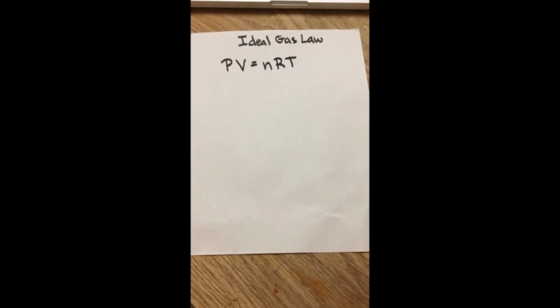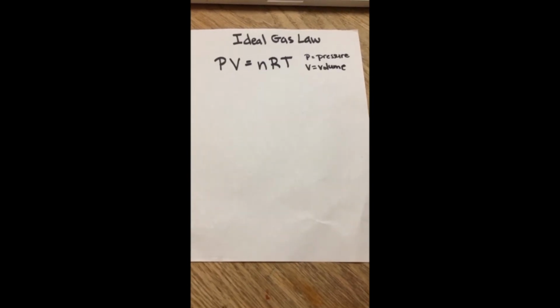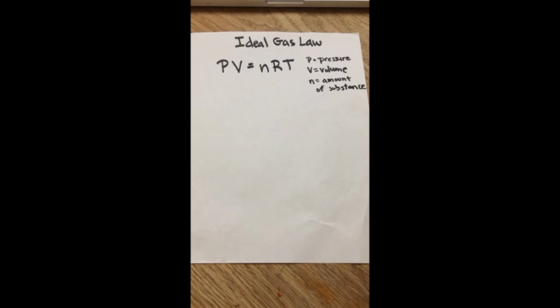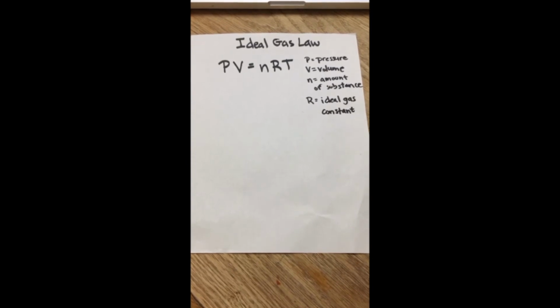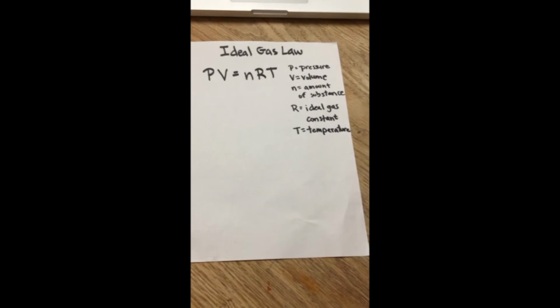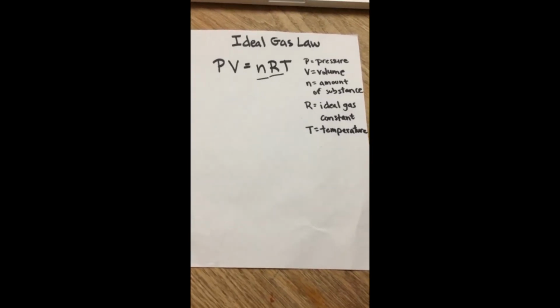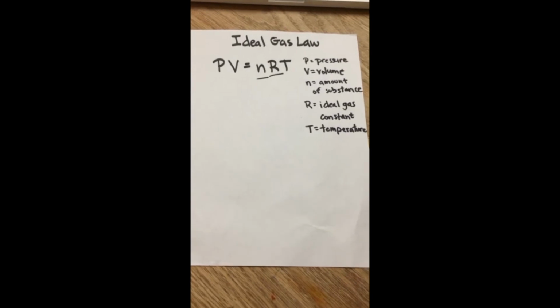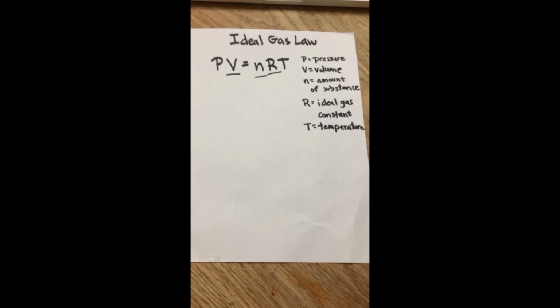PV equals nRT, where P stands for pressure, V stands for volume, n is the amount of substance. In our case, it's the isopropyl alcohol vapor. R is the ideal gas constant, and T is temperature. With this equation, n and R are constants. But for our situation, with the soda bottle, V is also a constant because the volume of the soda bottle